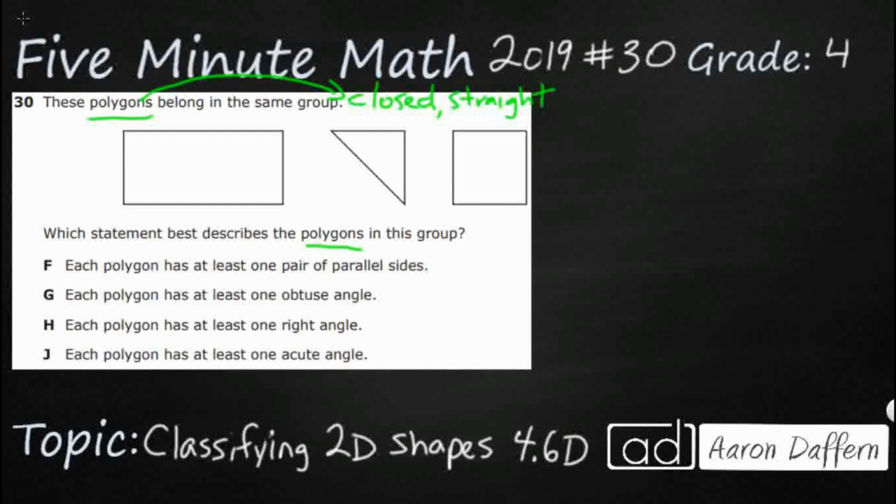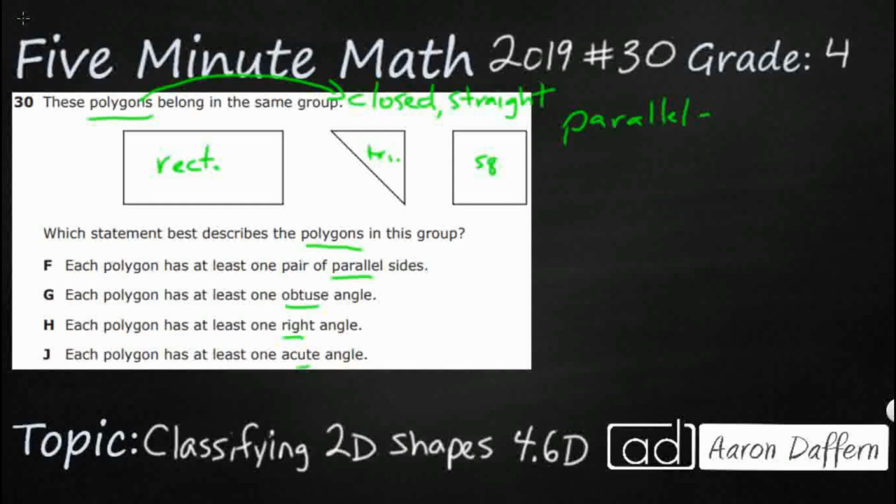And so we've got a rectangle. We can at least name them. We know what these are. That's a rectangle. We've got a triangle. And then we've got a square. But we need to be able to describe them with some of these terms. So we've got parallel, obtuse, right, acute. So let's start with F, and let's take a look at least each polygon has at least one pair of parallel sides. All right, so parallel sides